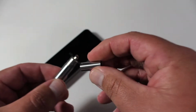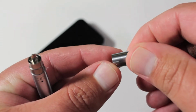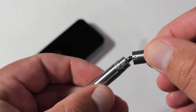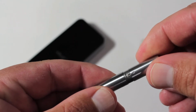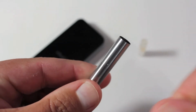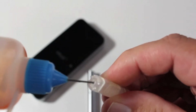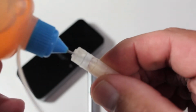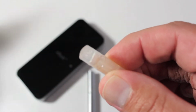And then you have your cone here. You can see 2 dimples right there and right there, and you can see the slots right there. Just slide those nipples in that slot and then twist, and it locks that in place. And then you've got your cartridge here. I take a needle tip bottle and just fill that cartridge up to the line,